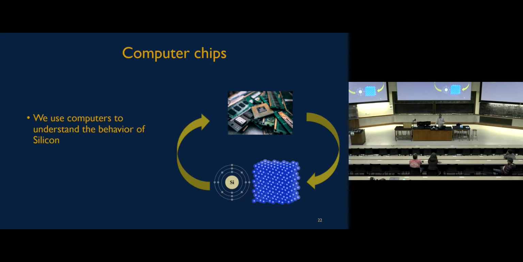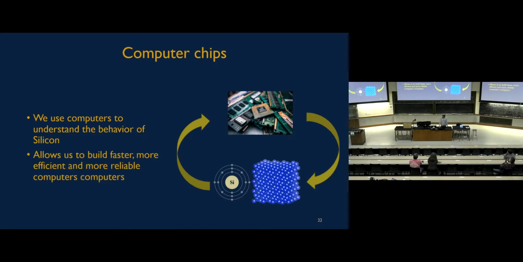You want a reliable computer, you want a fast computer. So it's not enough to have an estimate of, oh yeah, let's mix some boron and see what happens. You need to know exactly what properties it will have. And again, brute force is time consuming. So people turned to simulations, and they ran the simulations on computers. So in a way, computers allowed us to make faster computers. So in a very practical sense, we used slow computers to figure out the properties of silicon that allowed us to make faster computers.